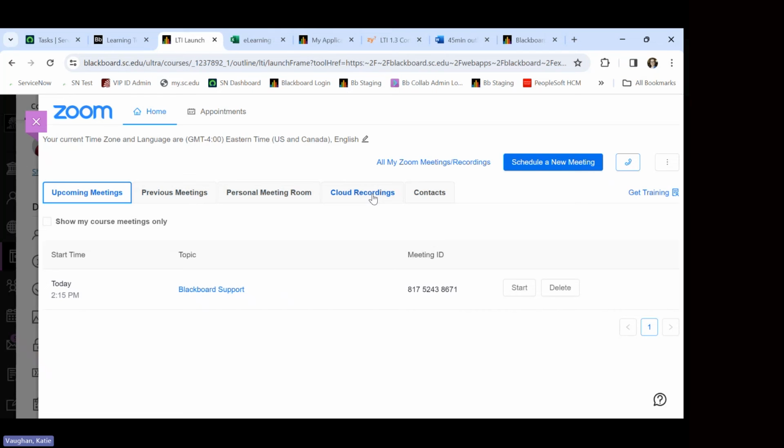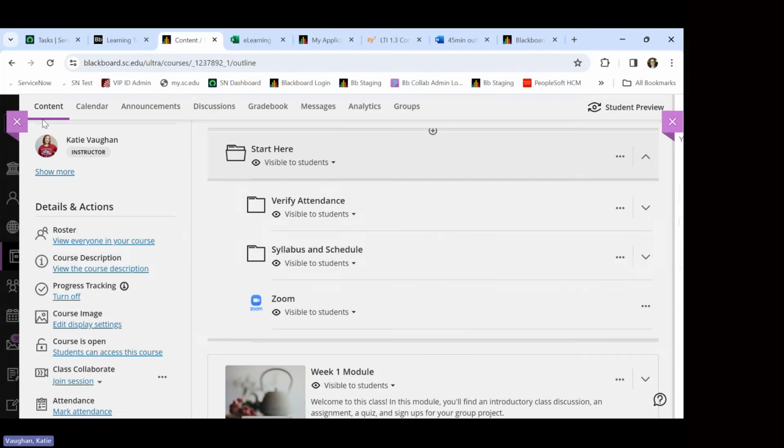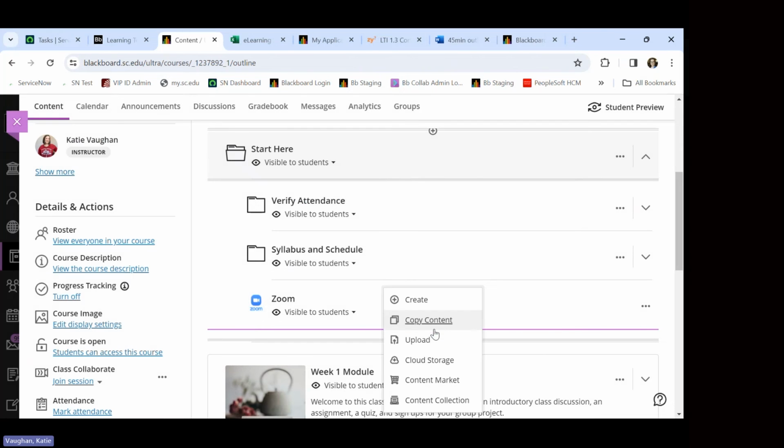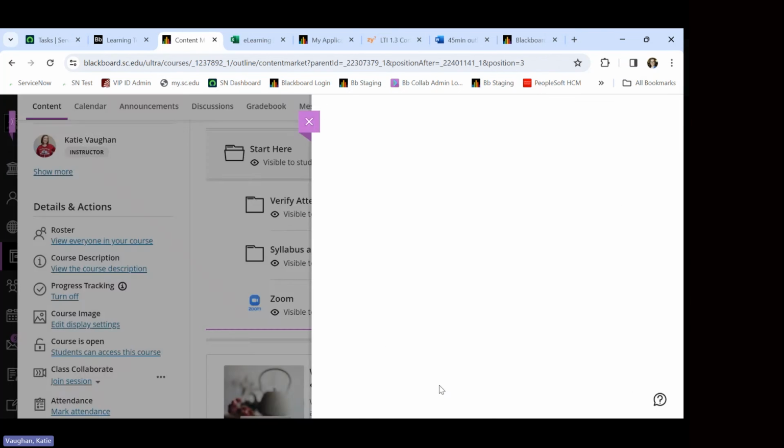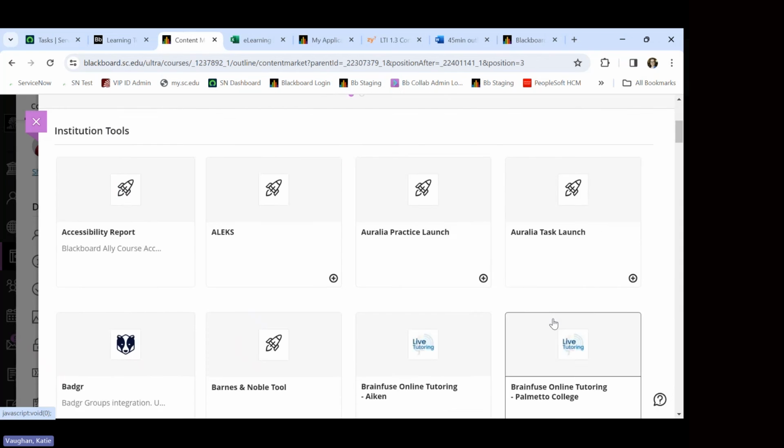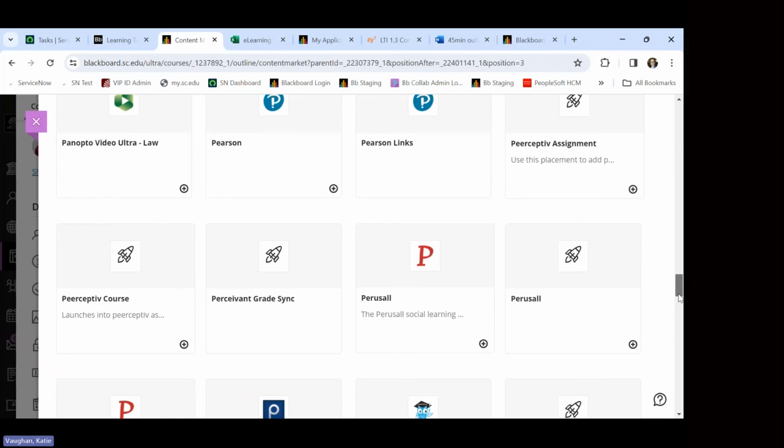At some point, hopefully by the time fall courses start, your Zoom recordings will automatically be stored in a tool that we have called Panopto. You may or may not have ever heard of Panopto. It will probably become a familiar word to you. And I'm going to actually throw that in here too, so you can see. I'm not going to have time to go in depth with it, but